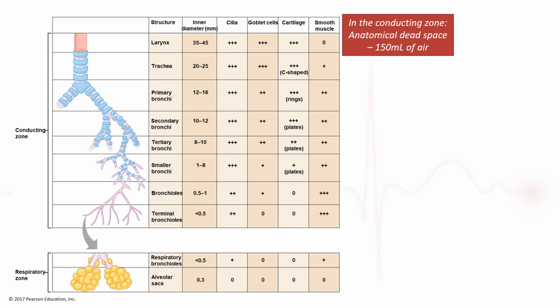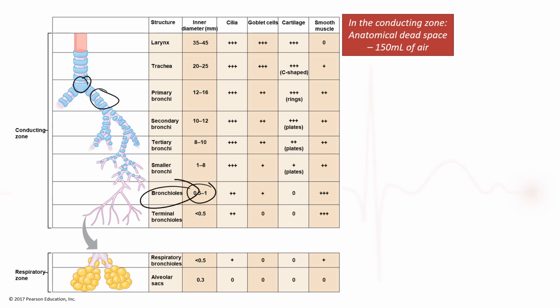So as the bronchi keep branching, they just become smaller and smaller. It's just like blood vessels. As arteries move further away from the heart, they get smaller and smaller. Well, as these bronchi keep moving further away from the trachea and keep branching, they just become smaller and smaller. And eventually, when their internal diameter is between 0.5 and 1 millimeter, which is very small,